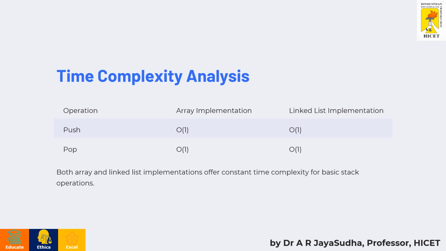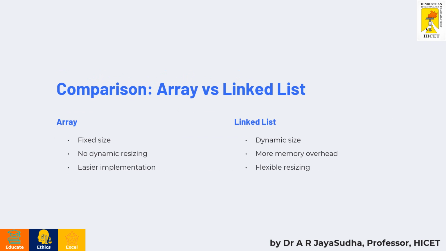This constant time complexity ensures efficient stack manipulation regardless of the size of the stack, making them a suitable choice for various applications in software development. So let's compare two popular data structures, array and linked list, examining their strengths, weaknesses, and common use cases. Understanding the difference between these structures is important for making decisions when designing algorithms and selecting an appropriate data structure